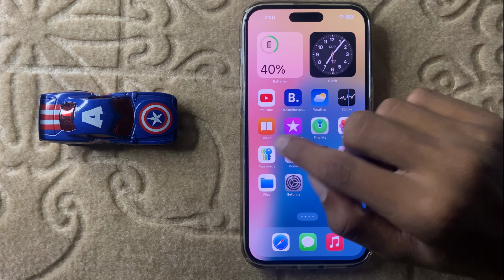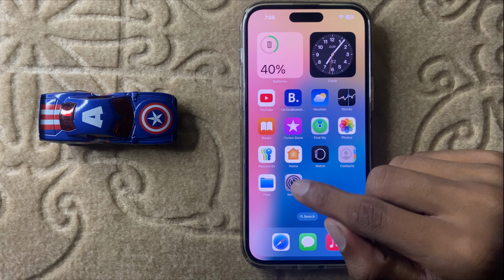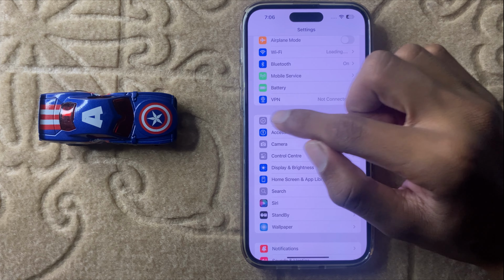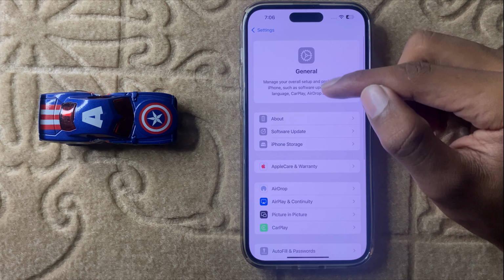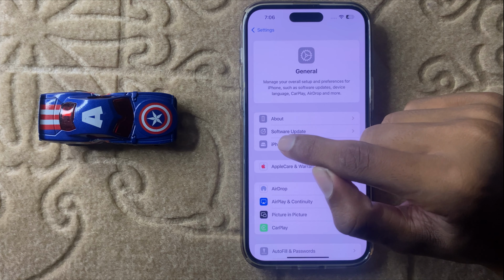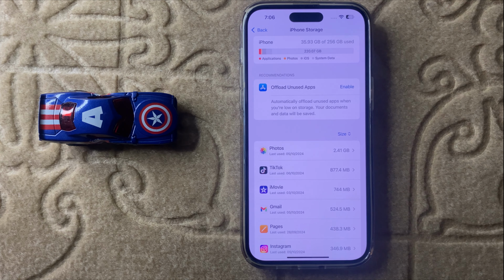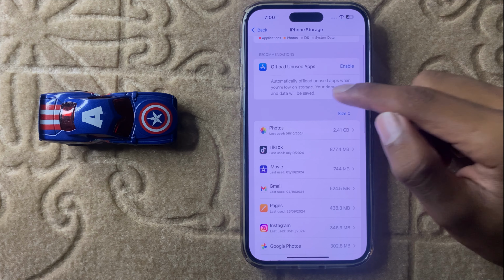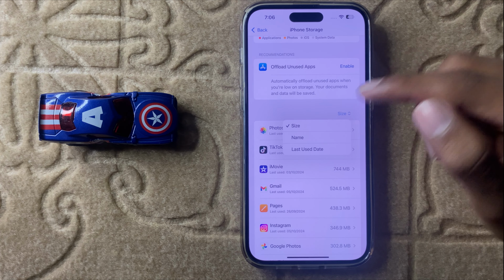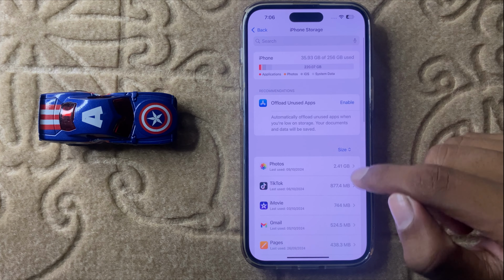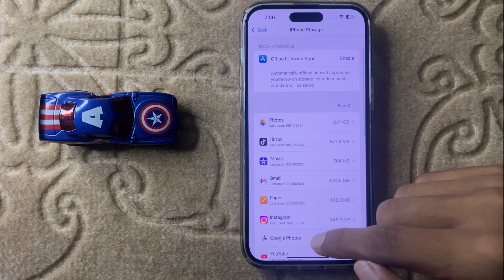First of all, open Settings and then click on General. After clicking on General, you can see the option iPhone Storage. Click on iPhone Storage and here you can see all your iPhone storage, and then click on Size and here you can select Size. After selecting Size, here you can see all these apps,